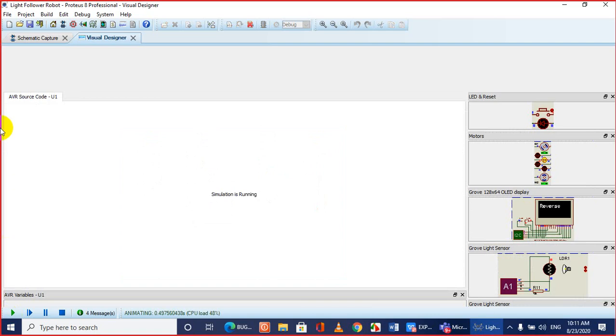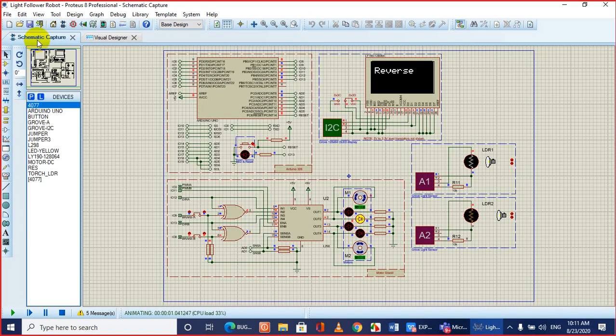Yes, simulation is running. Let me now change it. You see, motor 1.